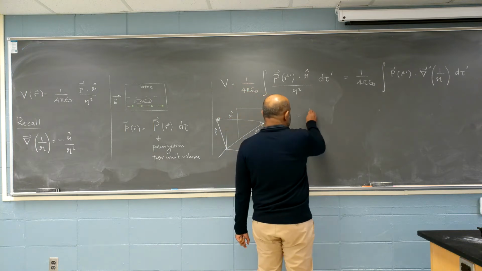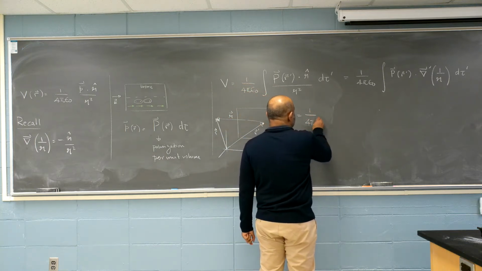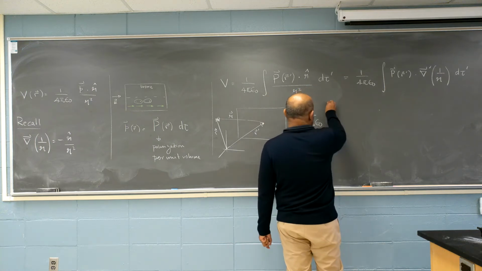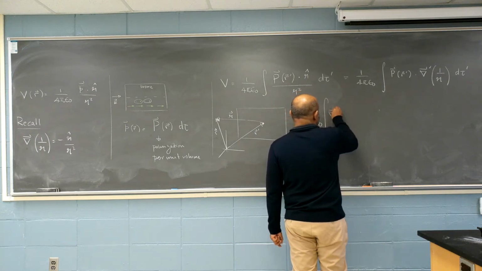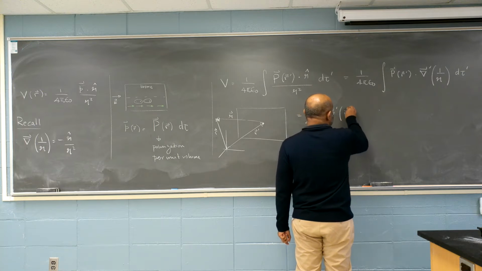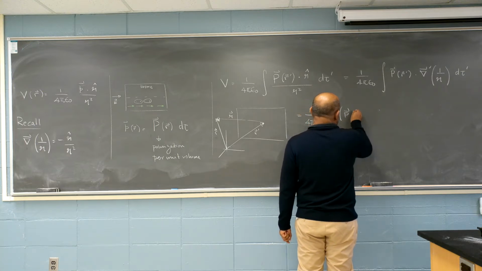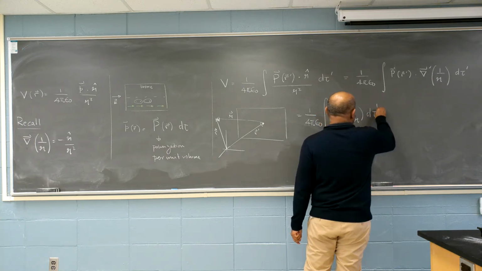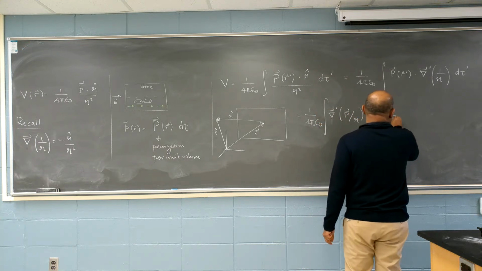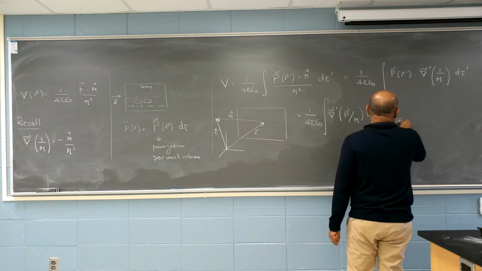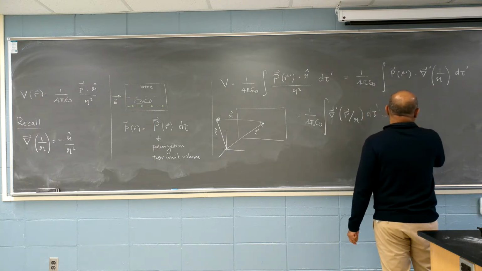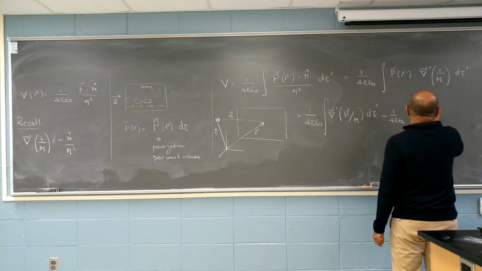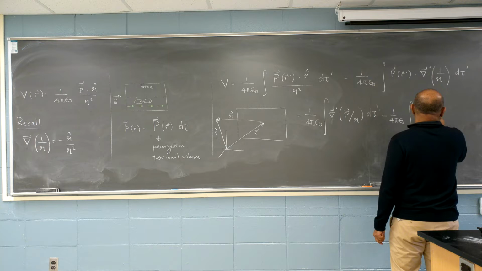First term, I'm going to write this as 1 over 4 pi epsilon naught divergence of P over separation vector d tau prime minus 1 over 4 pi epsilon naught divergence of P